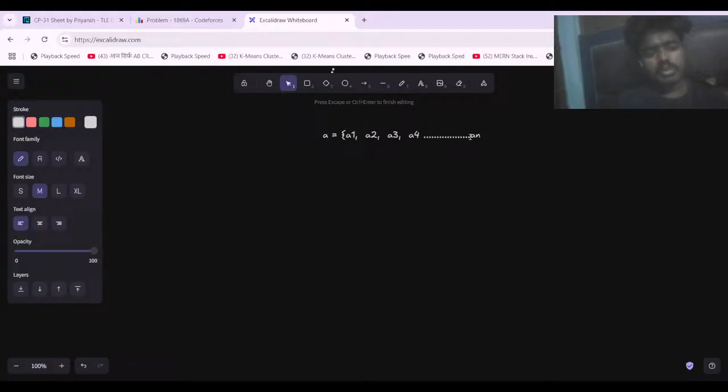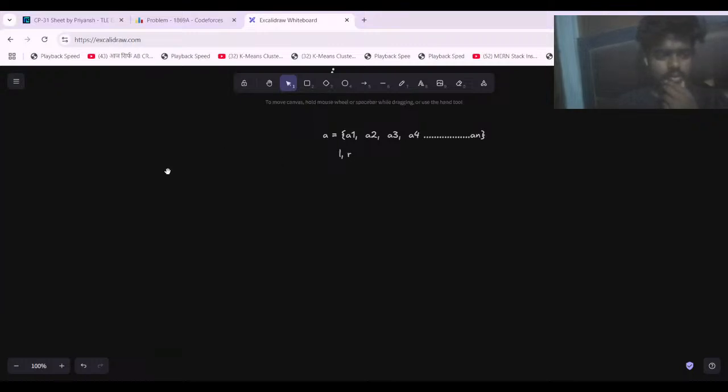And there is a specific operation that is allowed to us, right? That you select L and R, and you find a value S which is the XOR value of A_L. Then you XOR A_L plus 1. You XOR,